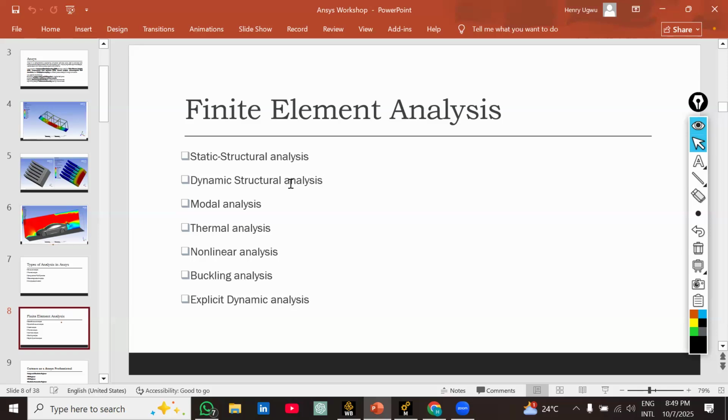Okay, you also have the dynamic structural analysis. Dynamic is the opposite of static. For dynamic, the load conditions on that structure change with time. For instance, on a bridge, okay, you have a bridge structure and cars are moving along that bridge. So at every spot in that bridge, the load condition at that spot changes because when a car moves to this,